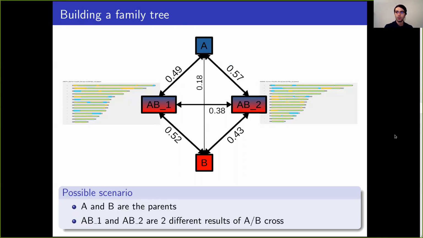In this example, we hypothesized that A and B might be the origin of AB1 and AB2 by an event of recombination. Indeed, AB1 and AB2 show an IBD of about 0.5 with both of their parents, which means that 50% of the genome is similar to one of their parents, and the other 50% is similar to the other parent. This is the most likely event to happen when a recombination event occurs.